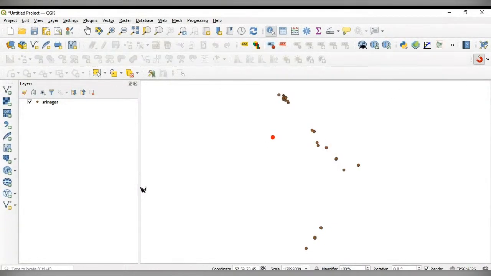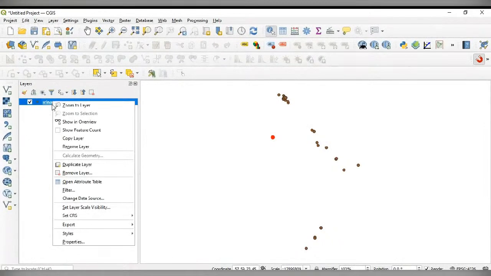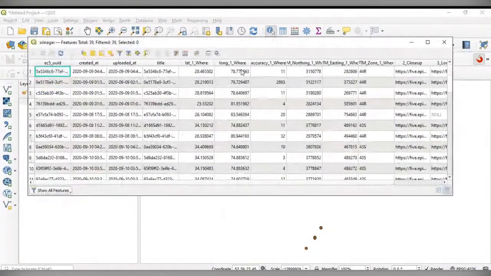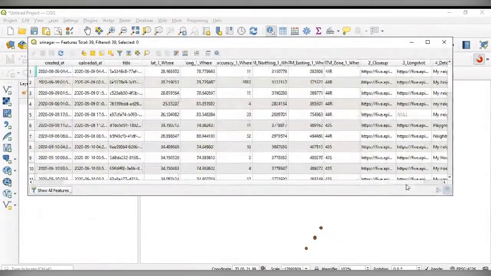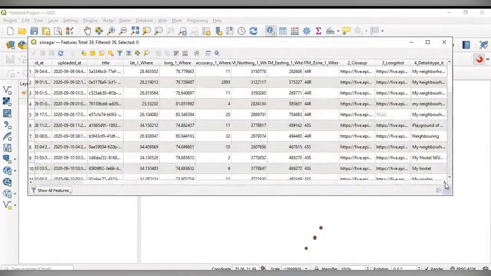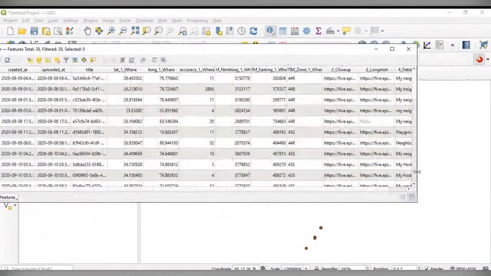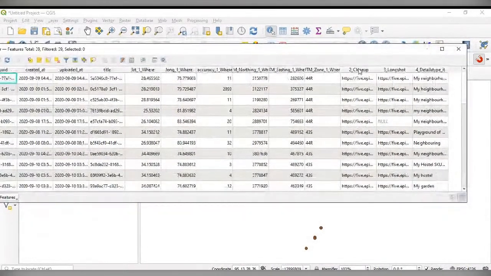Click it. Then you can see the attribute information. So this is the attribute table. And here close up and long shot.